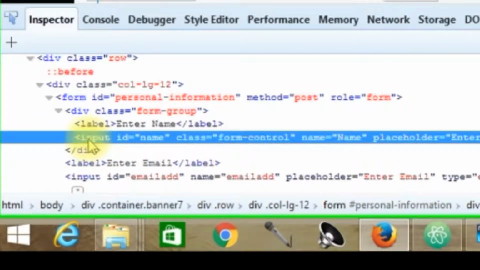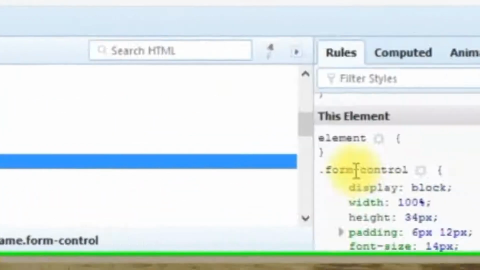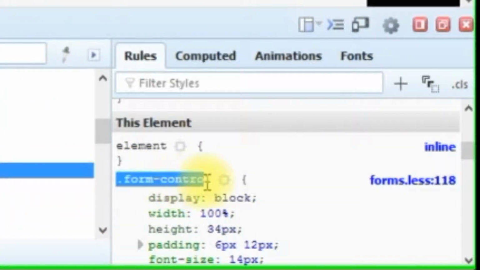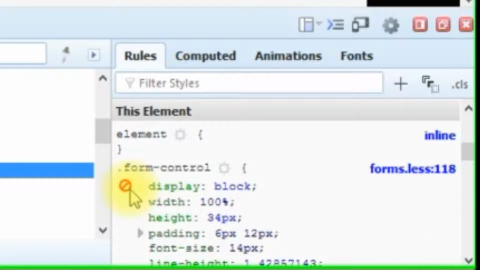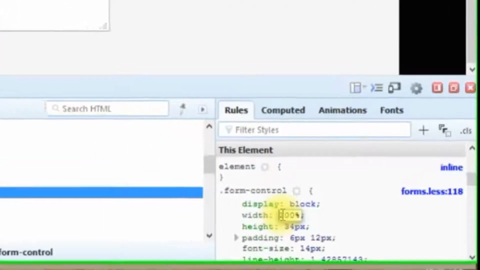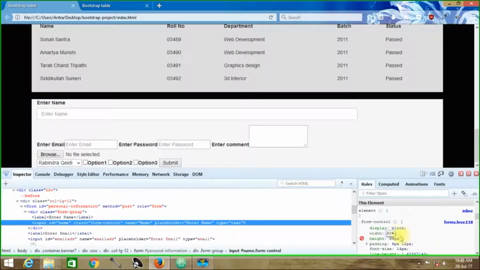And if we click inside this input ID, we can see that this is the class that is being used over here, form control, which is display block, width, it is at a width of 100%. So if you just change this width, suppose I'm changing it to 80% or say 50% or say 10% even, then we can see that it is now showing the properties, executing those properties accordingly. So this thing is clear that form control class is being used by these form elements so far.